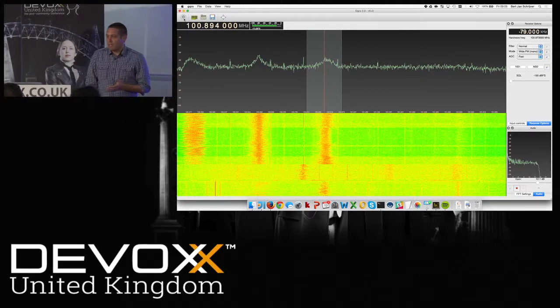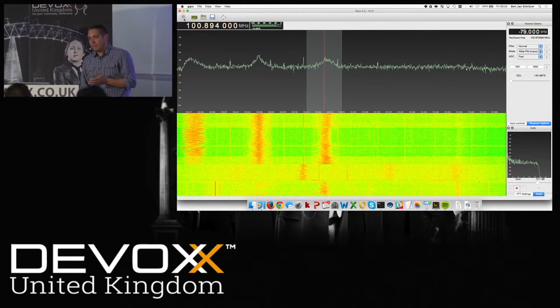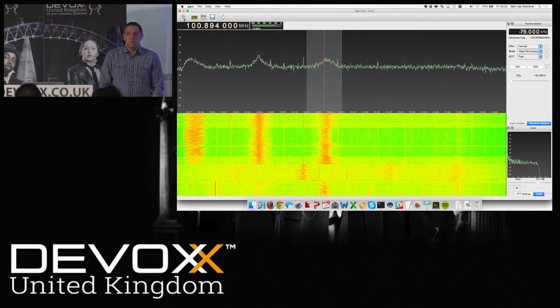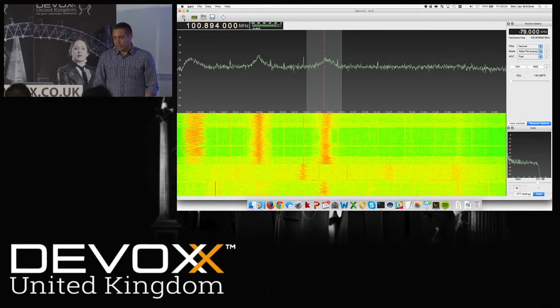There's something else I would like to show you, and as a matter of fact, I'm transmitting a wireless signal right now. Any ideas what it could be? Just shout. Mobile phone, yes, but it's not.